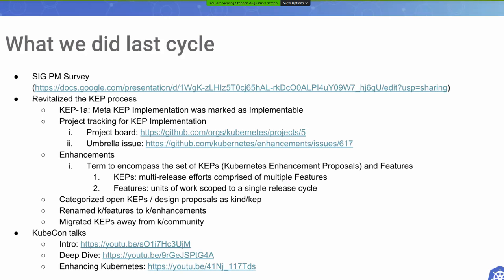migrating KEPs away from the community repo. So we did a huge forklift of that into the enhancements repo. We renamed the features repo into enhancements. So for anyone who is not aware, and I think that might be a few people, we came up with this idea of what enhancements are. And so KEPs are essentially created